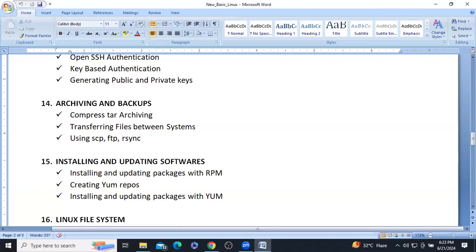So how to install the packages with the help of RPM command, with the help of YUM command. DNF also I'll teach you, don't worry. DNF is the latest version of YUM. So Amazon Linux 2023 will support DNF, right? So next,